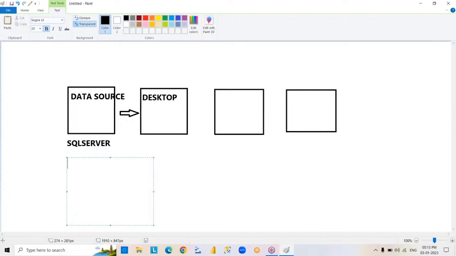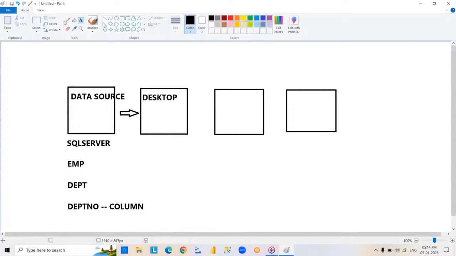So coming to next scenario. Suppose we have some tables here. You take regular table. Suppose you have employee table and a department table. So in these tables, we have common column, department number. Okay, now listen carefully, please. We are going to copy data from employee table, department table. What is the common column we have in these tables? Department